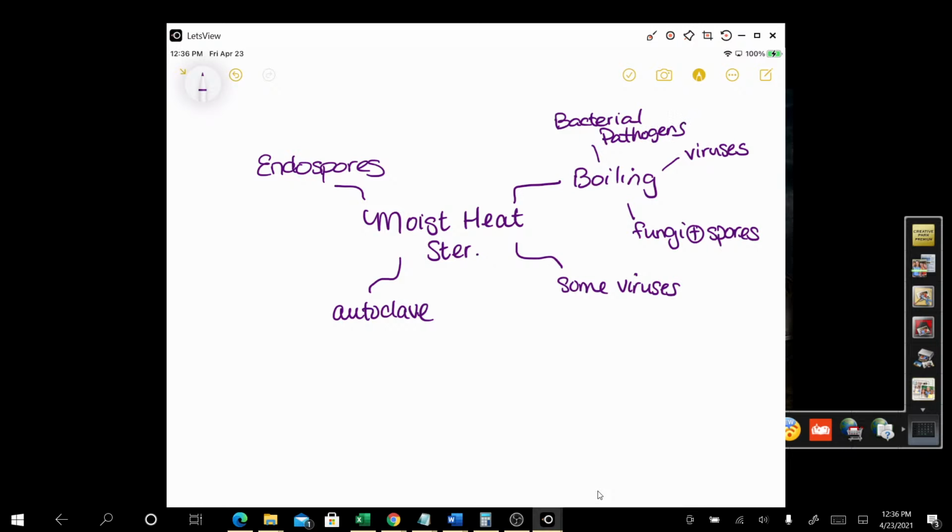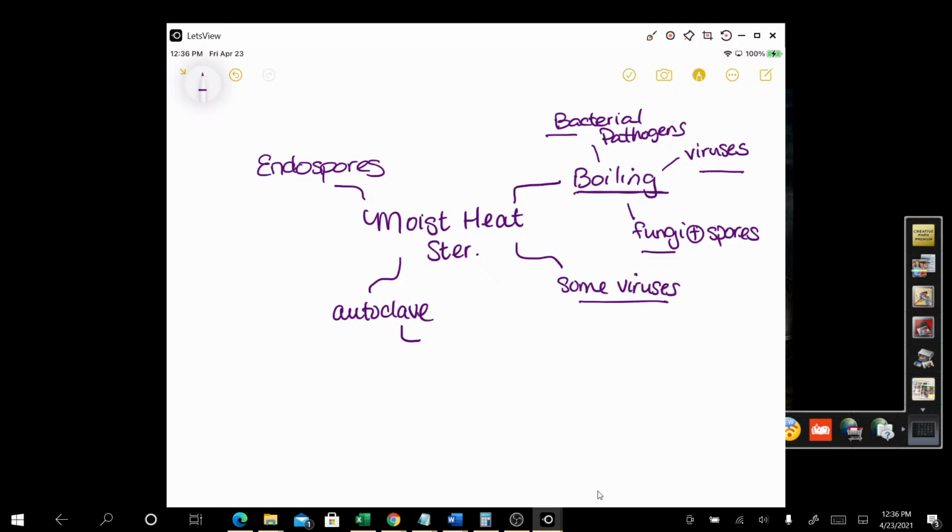So, moist heat sterilization. In moist heat, we use this method of boiling. And microorganisms that are killed or destroyed are fungi, viruses, and bacterial pathogens. Remember that some viruses are destroyed using moist heat sterilization. Now with autoclaving,